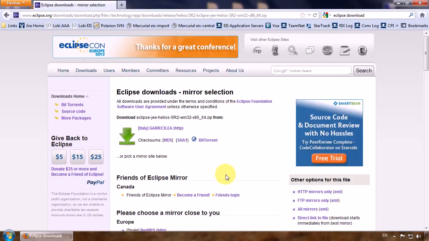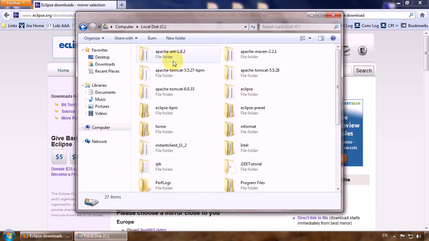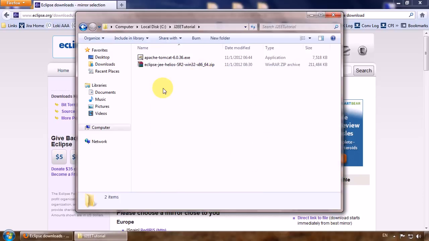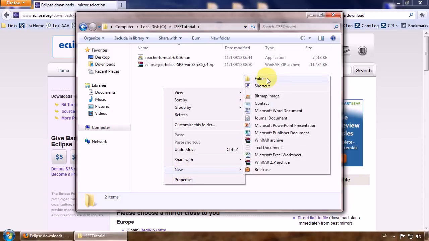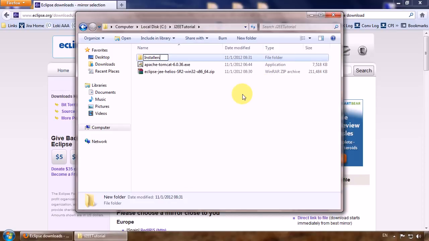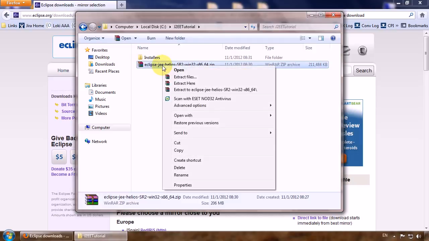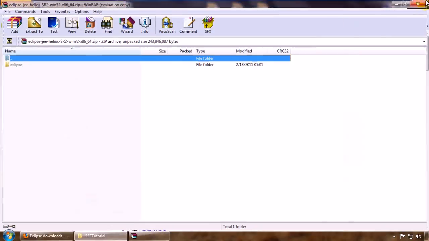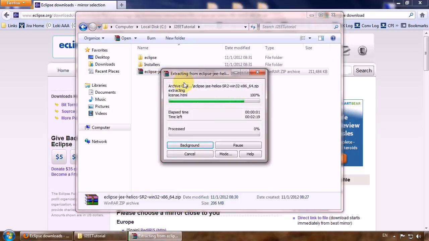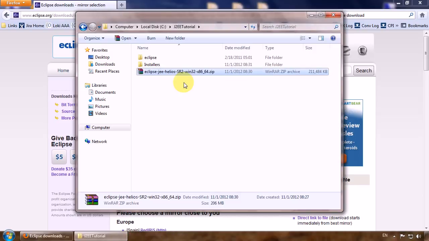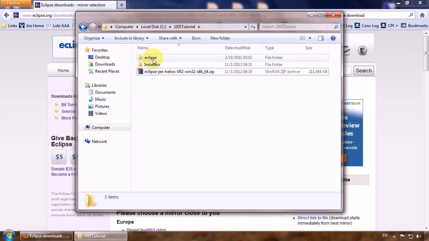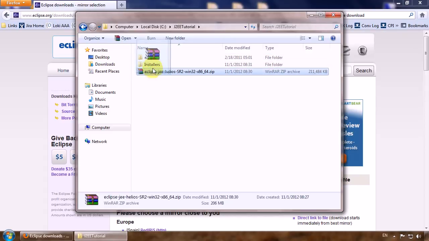Download is finished. Go to the folder and just a little organization. And to install Eclipse you just need to extract the zip file, just extract here. Now Eclipse is extracted. I'll move this to installers,